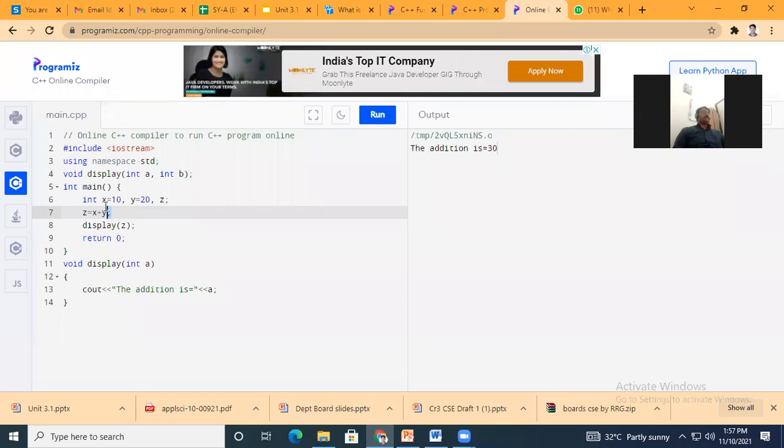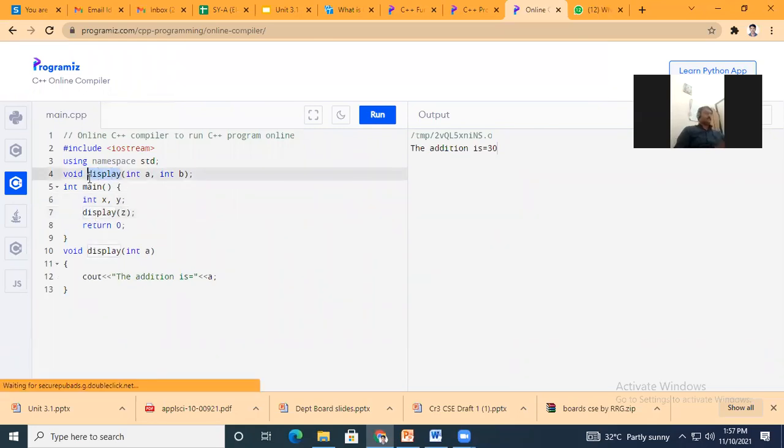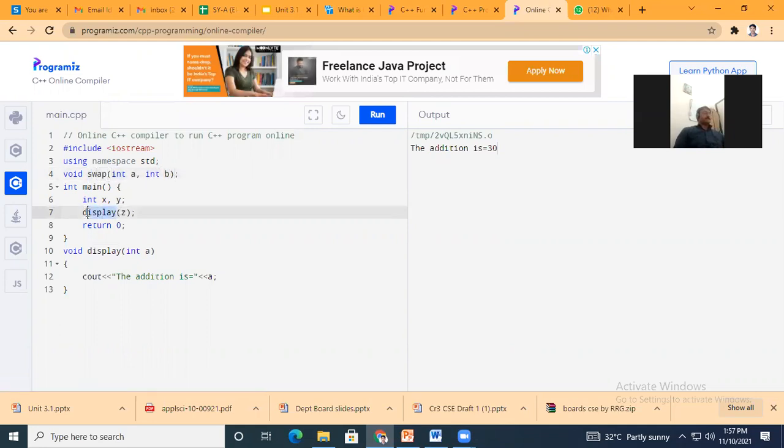Okay, so instead of this, I will change the name of the function. I will write swap. Swap. Okay, swap. As I have passed two parameters here, I need to call the two parameters which I have declared here, x and y. Okay. Then again, I need to change the name of the function here, swap integer a comma integer b. Okay, now tell me. Okay, I will first print the value.